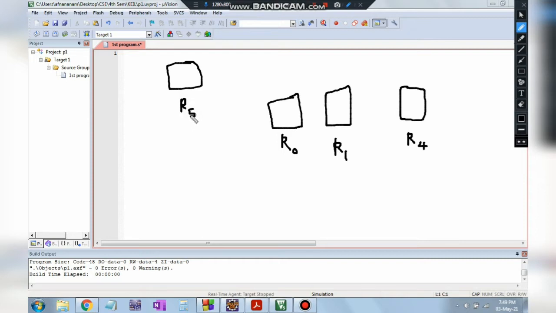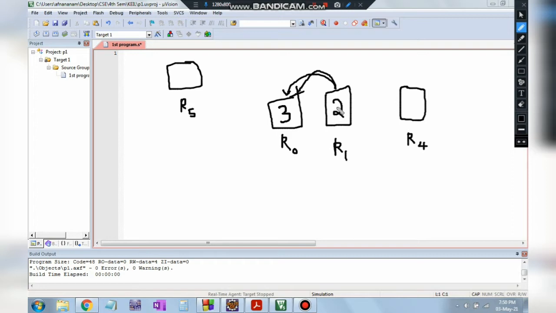So to find out the sum, first we'll have in register R0 as 0. Then in R1 we'll initially have 1. First we will add 1 to 0. Then here you will have 1, right? And what we'll be doing here is 1 plus 1, which is 2. We'll be adding 2 with 1. So here we'll have 3.